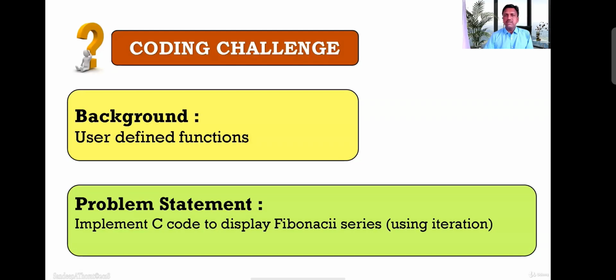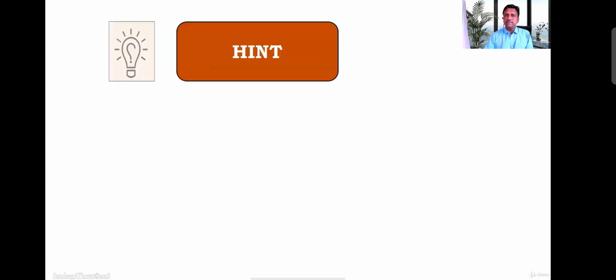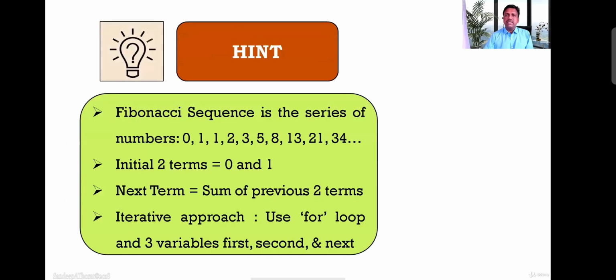So I appeal to you to implement this code on your own, but let me give you some hint for the implementation. Example of Fibonacci series is here: 0, 1, 1, 2, and so on. You can notice that the initial two terms are 0 and 1.